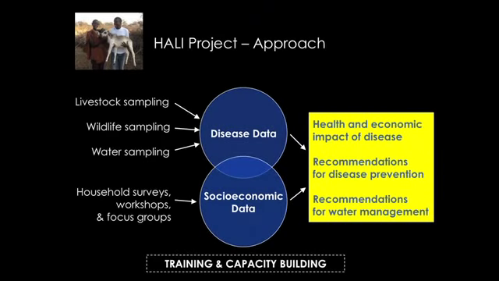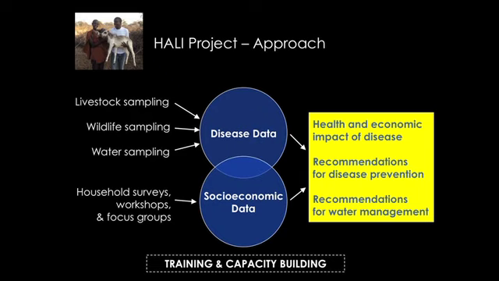We've got people out doing livestock sampling. We're testing for TB in all the herds. Wildlife sampling, which has been the most difficult thing, because to get permits to put your hands on a wildlife species is pretty tricky. Water sampling, so trying to connect the dots between where those hot spots are on the landscape, and a lot of the transmission pathways through water aren't really known. It was never thought that you could get TB from water, and now we're not so sure.